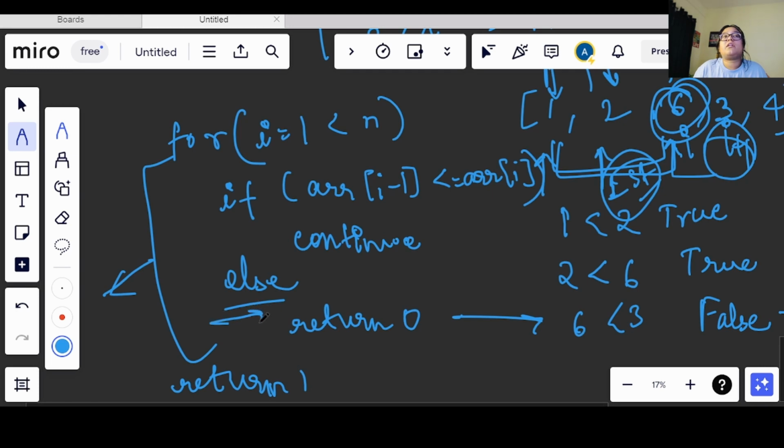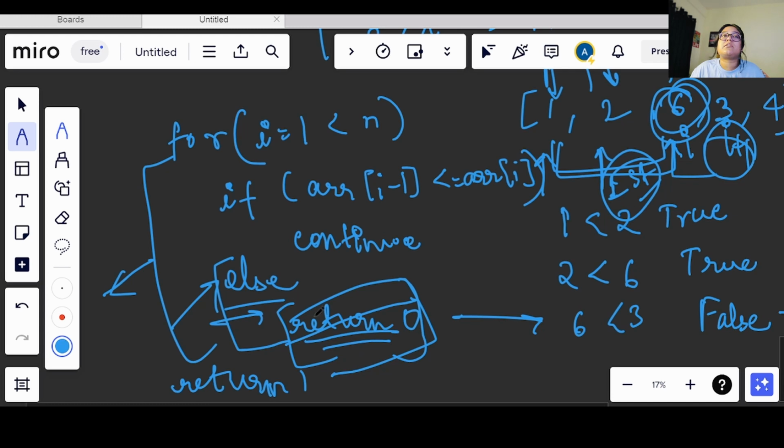Now if we are returning 0 from here, once the function returns a value, whatever rest of the code block is there, it will not execute. So only in the condition where we are going inside the else block will this 0 be returned, otherwise this condition will not run.